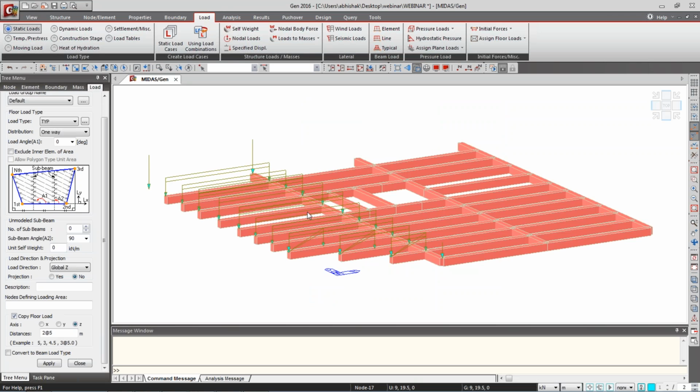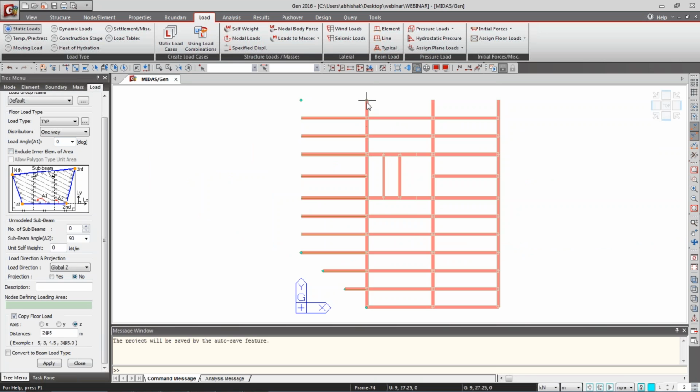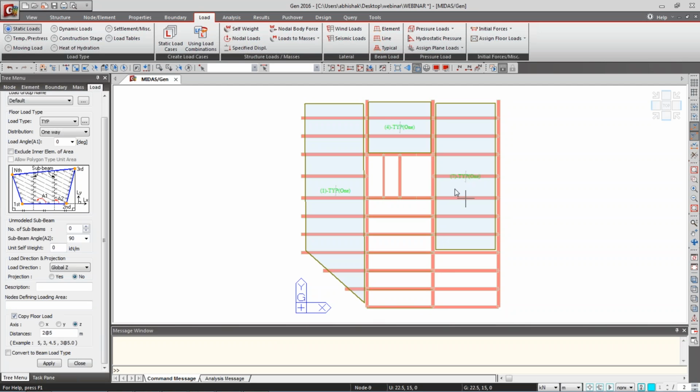Now if you see the 3D view, you can see everywhere the one-way loading is considered. At the time of the one-way loading, it is asking the angle also. You can define the angle also. Now again I click here, first node, second, third, fourth, and this one. Similarly, this much area, this area, and for this area you can say 90°, this area, and